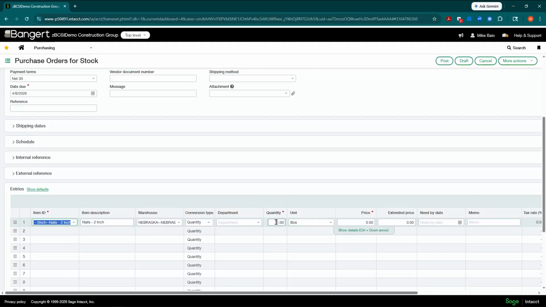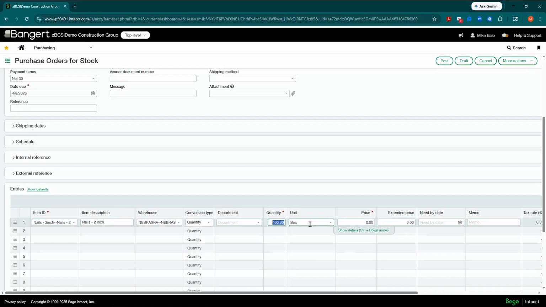Now, you can override that. So let's say for some reason, for this vendor, they want it listed by each. I could come into here and say 400. And I could say, do it by each. So the system will retain the 3 different units that you did set up initially, which is kind of neat. So I'm going to leave it on box right now, and let's just keep it simple.